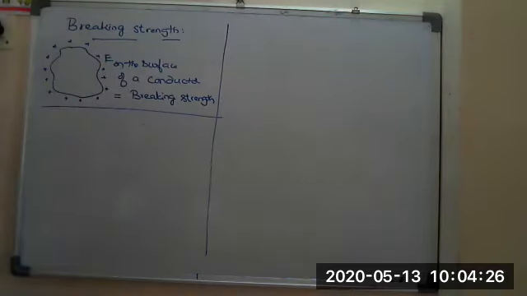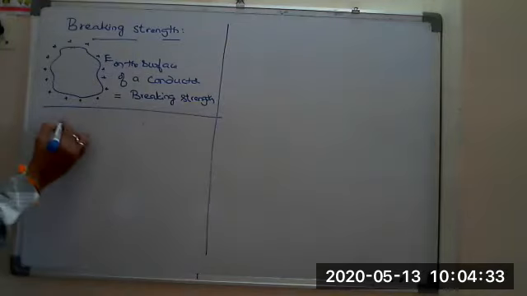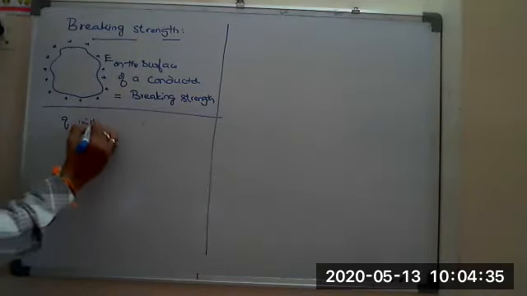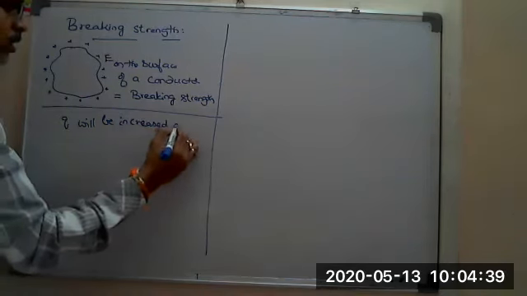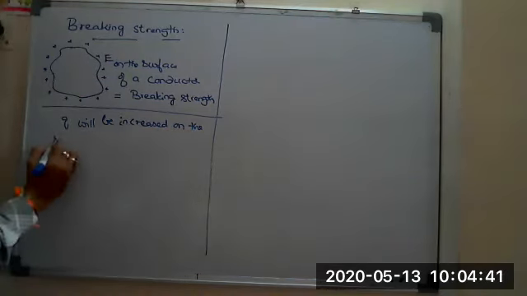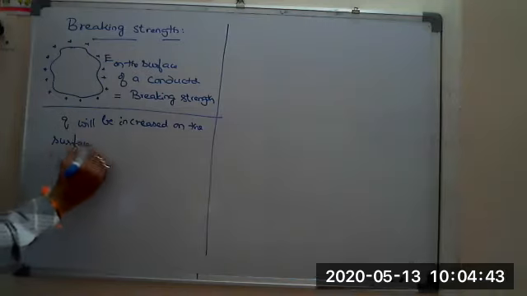Further, you can't increase the charge on the surface. So Q will be increased on the surface of a conductor